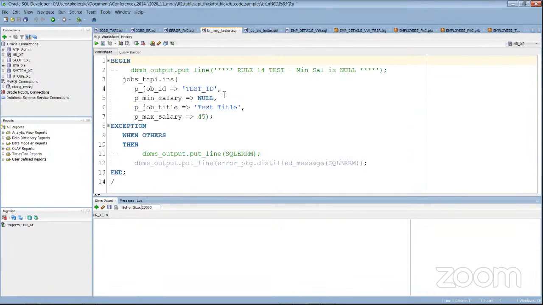So let's look at how that works now. This is an example. So jobs tappy.ins. So we're trying to do, this is the call for an insert that we would insert in our application. And we're inserting job ID, minimum salary, no minimum salary, job title, and maximum salary. And notice maximum salary is there, but minimum isn't, which is a violation of Business Rule 14. So we're going to get an error message, and why don't I show you what the error message is without